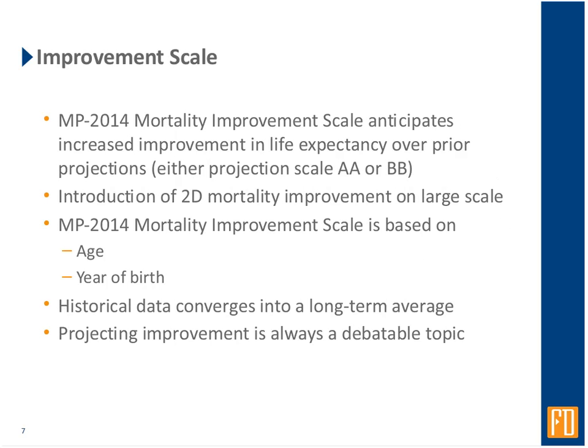The Society also released a new mortality projection, that's the MP in the MP 2014, a new projection scale that anticipates improvement in life expectancy. Now, with the RP 2000 table, for many years we had what was deemed projection scale AA. In the last couple of years, the Society came up with a new projection scale, which was called BB. And now with the new 2014 mortality table, we have this new projection scale that has been labeled MP 2014.